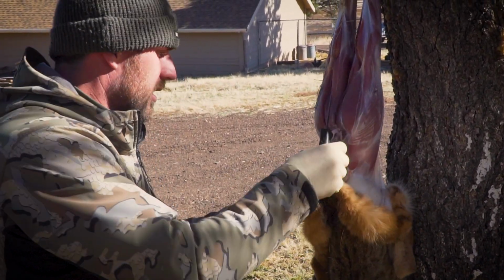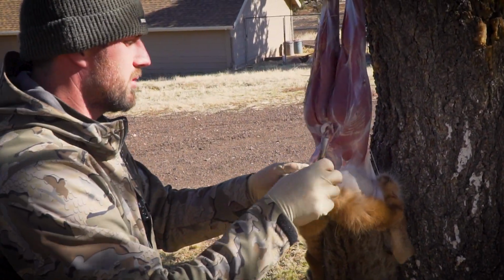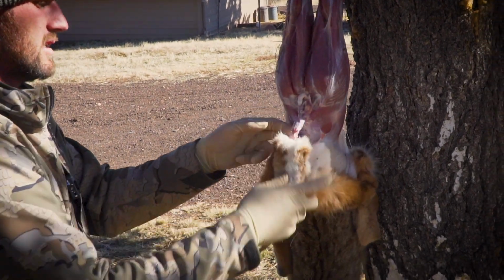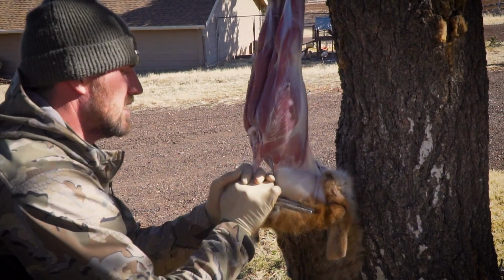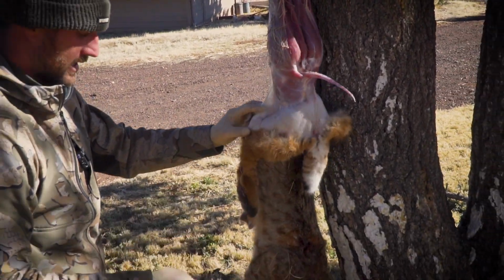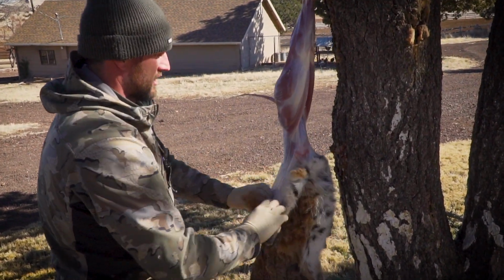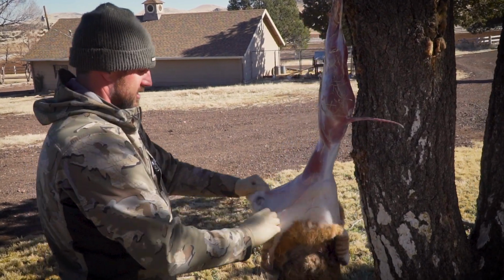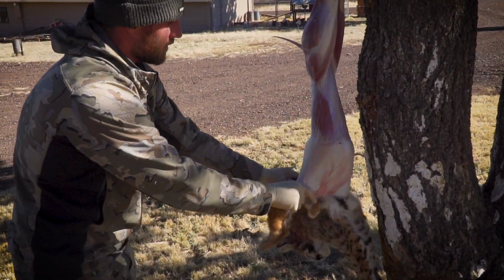And we use pliers out here. You can use a tail puller or 2 nails. Make sure it can move on there, nice and loose. A vine will work. 2 sticks if you have to. But pliers are the best because you always need pliers in the truck on these trips, letting down fences, pulling a nail out of a tire, cactuses out of your hand, whatever it is. And like I said, when they're warm,